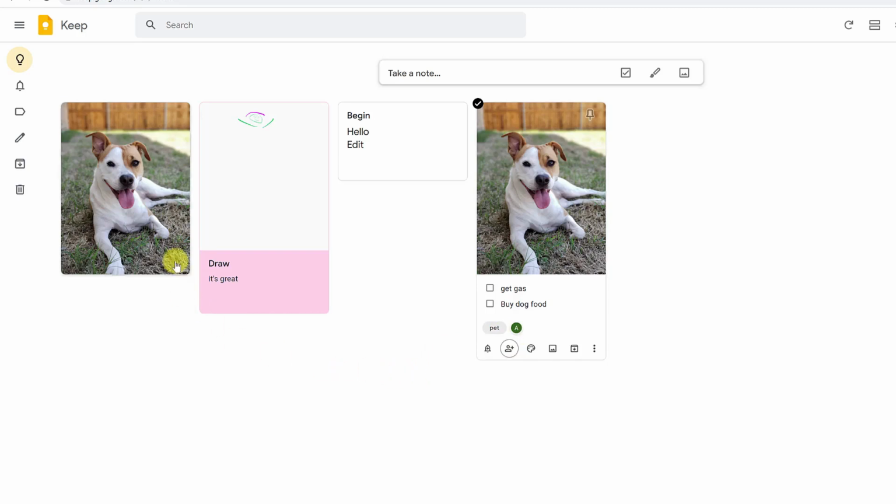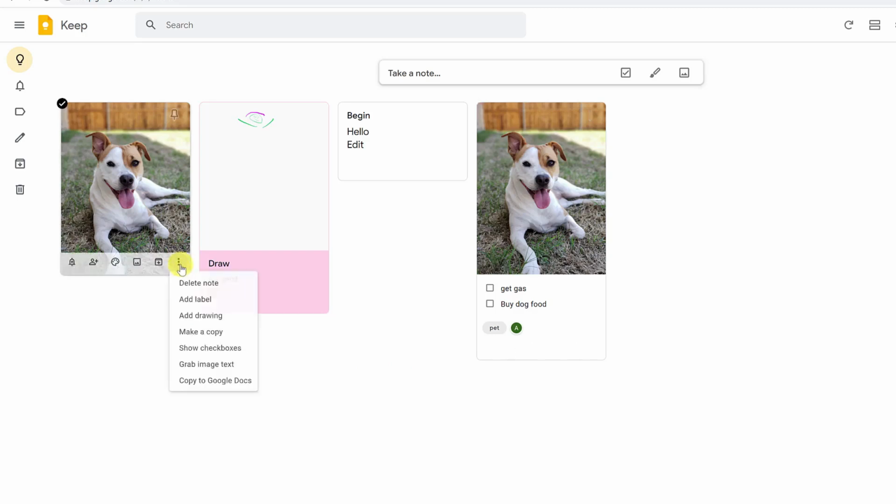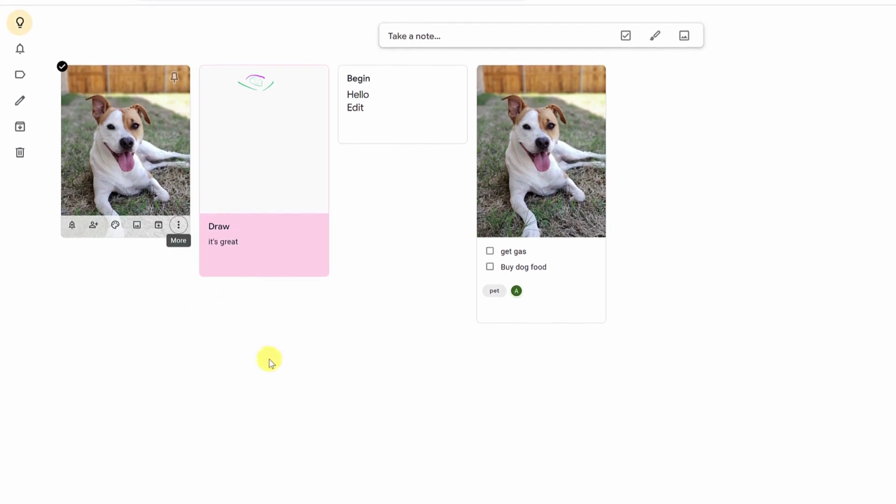Now, I want to point out with these more buttons, so whenever you see those 3 vertical dots like that, I'm going to click on more. Notice that we have copy to docs. I can take any of these notes and go right to Google Docs. So if I click on it like this, it's copying over to